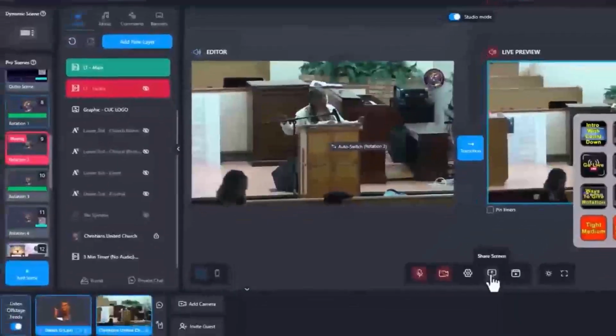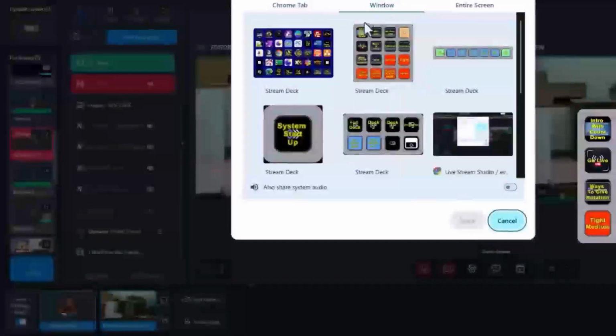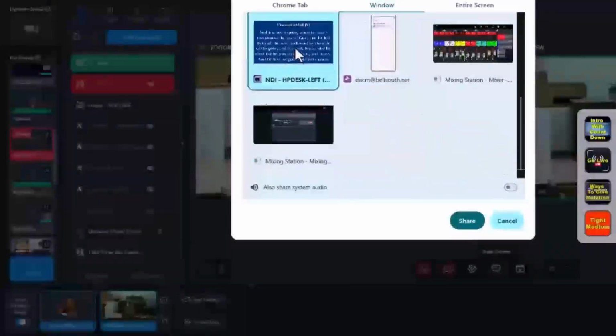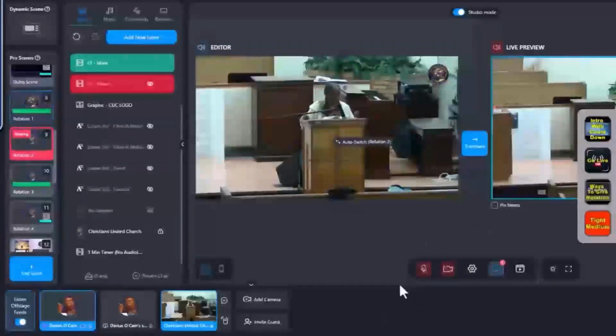So let's see what happened. Okay, we're going to click on share screen, window, we're going to click NDI, and then we're going to click share. Okay, so when we do that, it adds another screen down here at the bottom, which is the image from